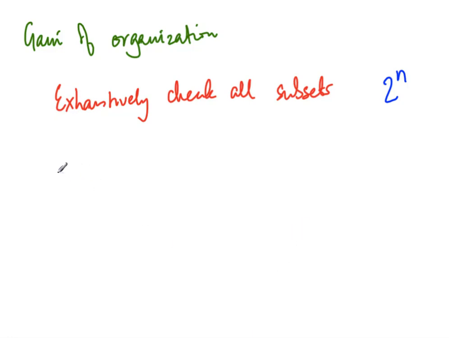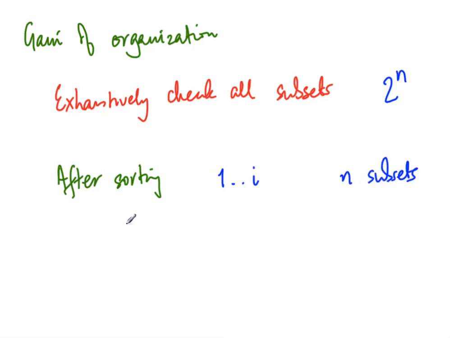Now here, after sorting, we only have subsets, as we already observed, of the form 1 to I. So we have n subsets. So in particular, we don't need to look at subsets of the form, say, 1, 2, 5 or 3, 8. So these kind of subsets never need to be considered, and even though we don't consider them, the beauty